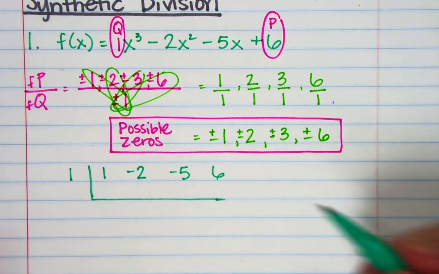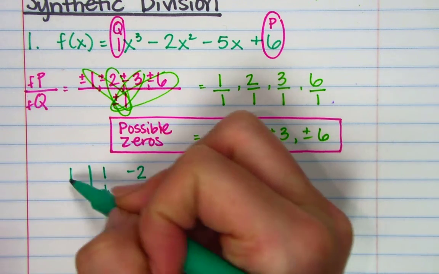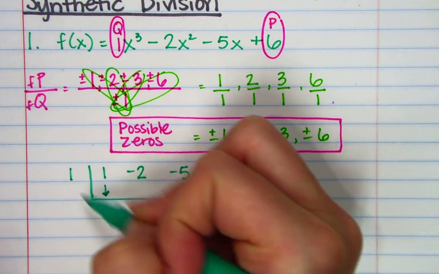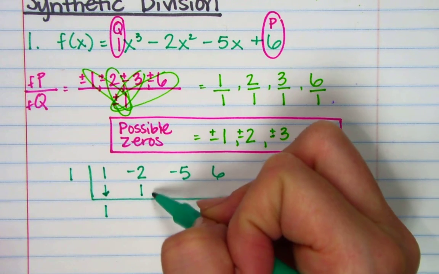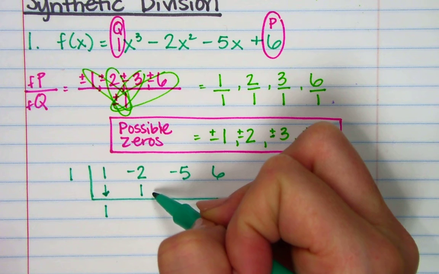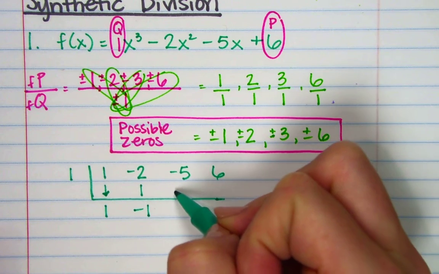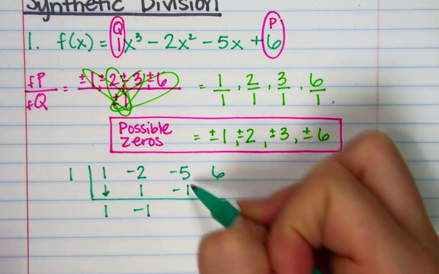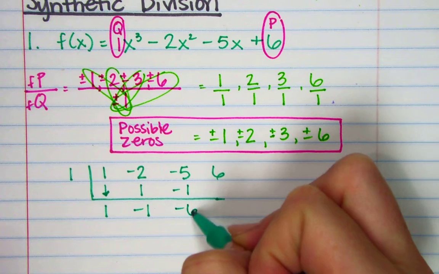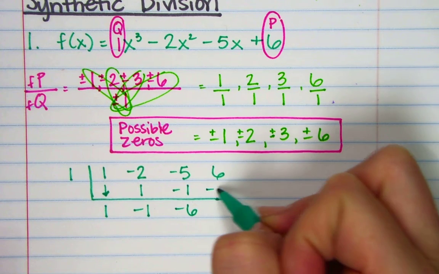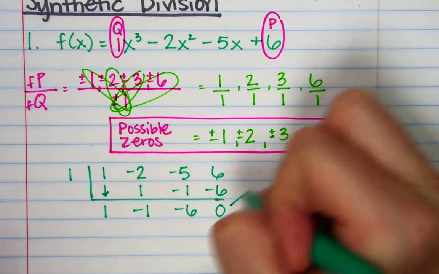And then what do we do? Bring down the first one. What do we do here? Multiply. 1 times 1, 1. Then we add. Negative 2 plus 1, negative 1. 1 times negative 1, negative 1. Negative 5 plus negative 1, negative 6. 1 times negative 6, negative 6. If you get 0, no remainder,